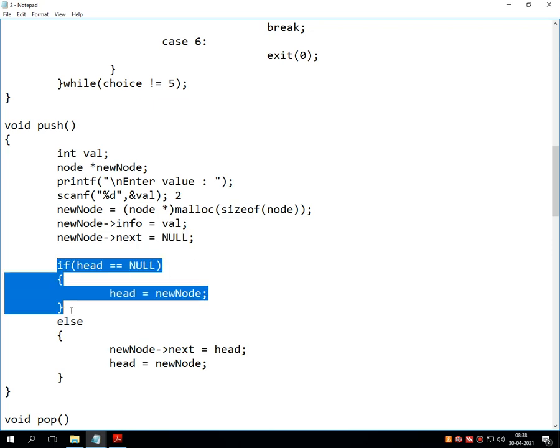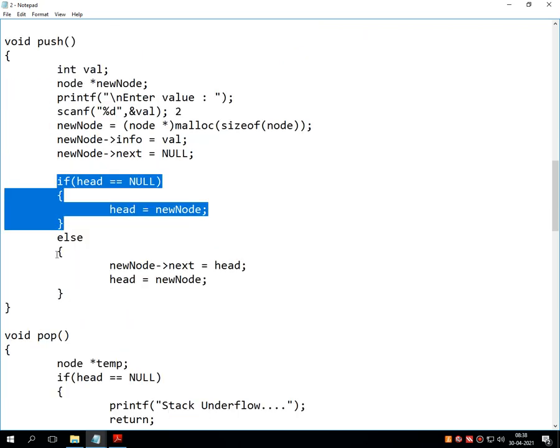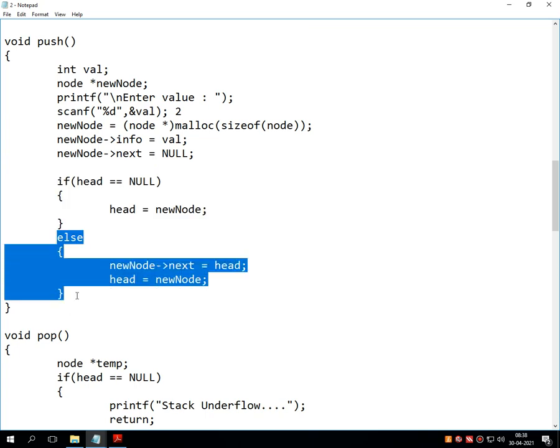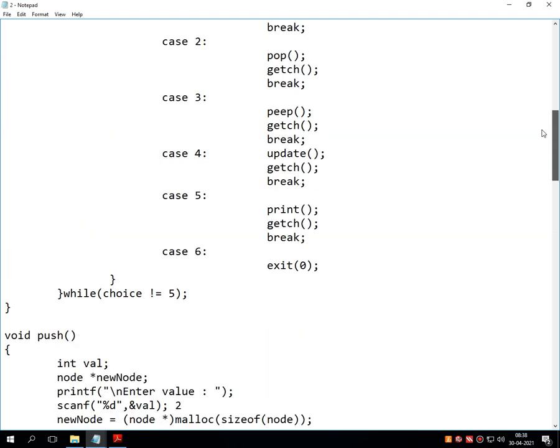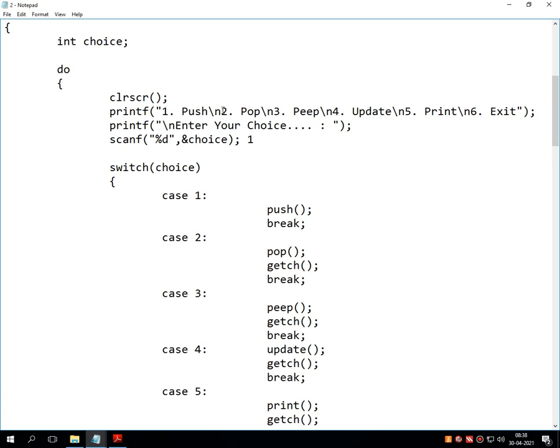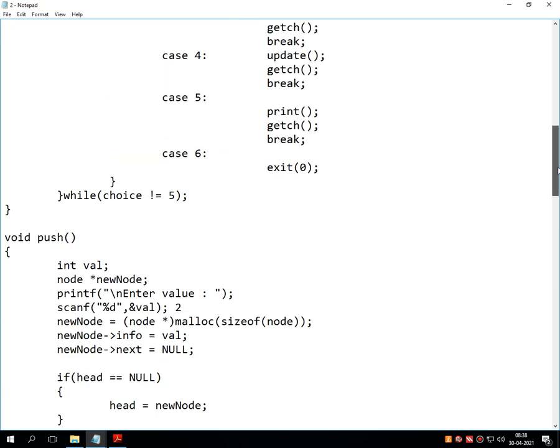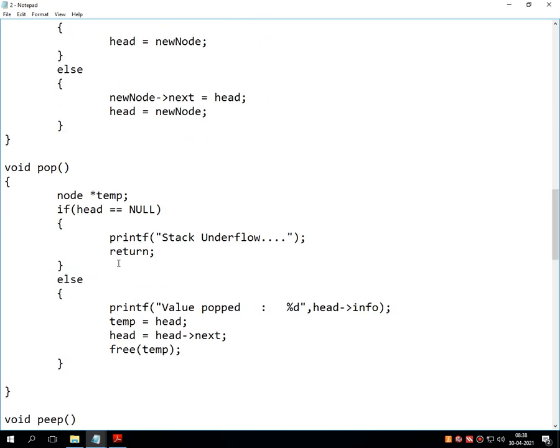During this, there might be an exception that the stack is full or the stack is empty. That should be handled by this if statement. Otherwise, it continues adding a new node into the stack. This is the stack operation called push, and it will store the user's value. Similarly, another option is pop, which extracts the value from the node.